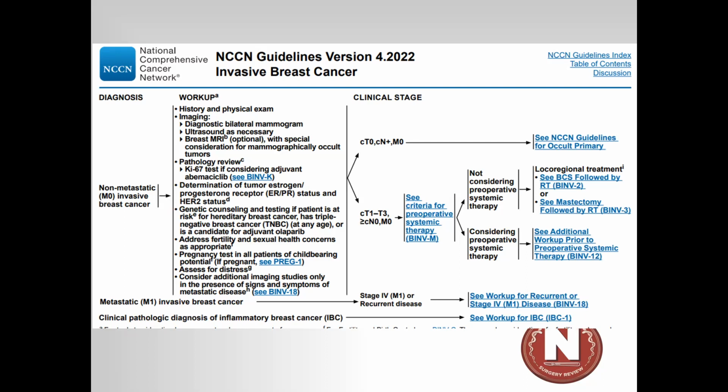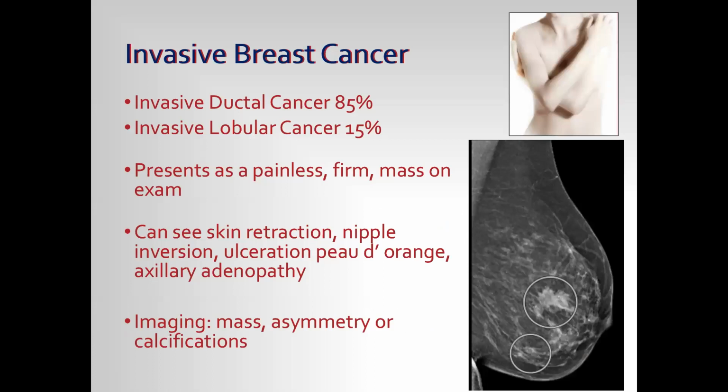So if a patient has an early stage breast cancer and her lymph nodes are negative, and her tumor biology is estrogen receptor positive, progesterone receptor positive, HER2 negative, then the recommendation is to proceed with surgery first. So we'll go over that and then we'll come back. So invasive ductal cancer, about